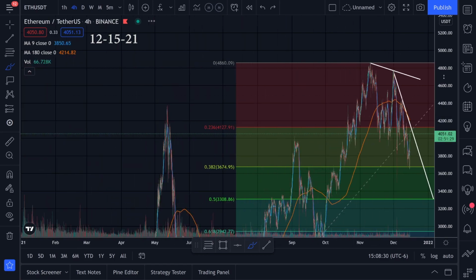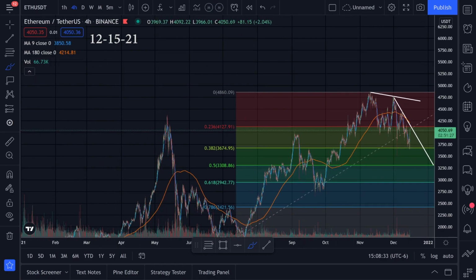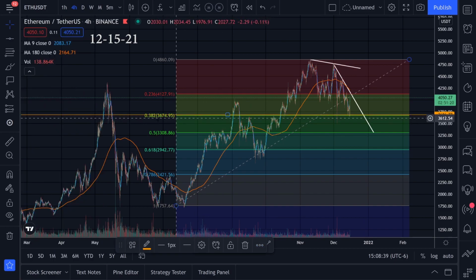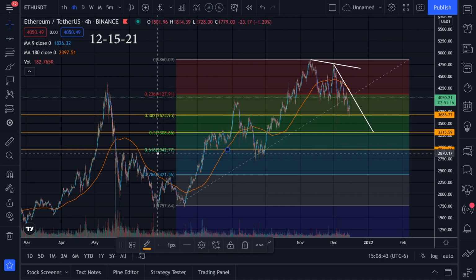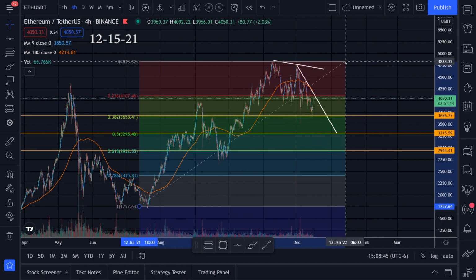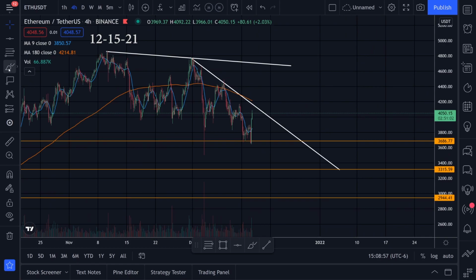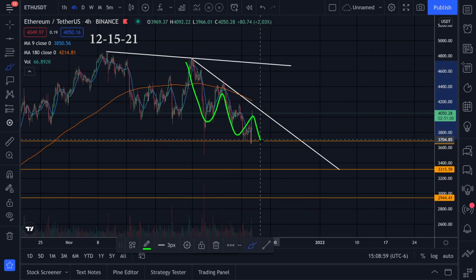And let's go ahead and go over the Fibonacci levels again. Let's put up some orange lines at these levels. We could have a horizontal line right here, maybe something like that. And then another one right here, another one right here. Now we can get rid of this Fibonacci box and kind of just look at it like this. So right now we're on the 4-hour time frame. We're watching this downtrend like this.